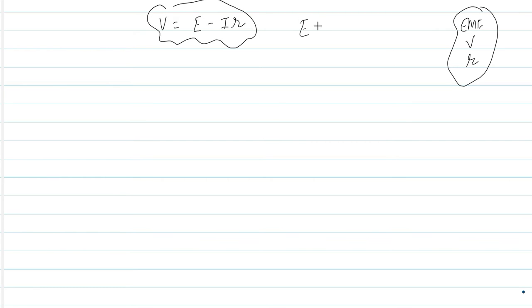Any idea? Yes. As we had discussed in the last class about EMF, potential difference, and internal resistance, right? And if you remember, we had also derived one relation for potential difference and electromotive force, that is EMF, that is V equals E minus IR, right? It was actually written E equals V plus IR, so from this equation we can write like this also.